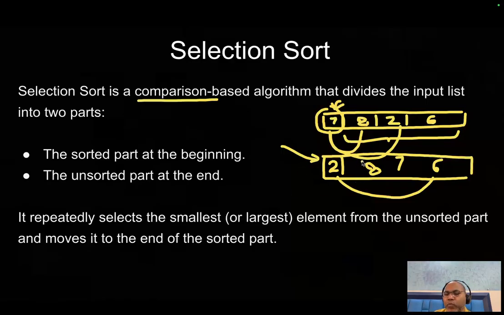Then similarly we have to move on. This first element is the sorted part. Now we move the sorted part forward, that means we select the next element. The next element here is 8. We compare 8 to the 7. Yes, 8 is greater than. Then we have 2. This is the 7. Now we